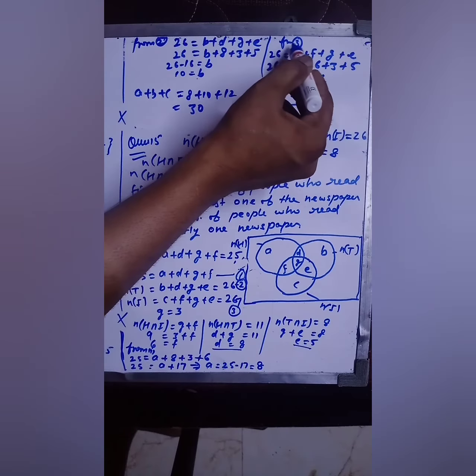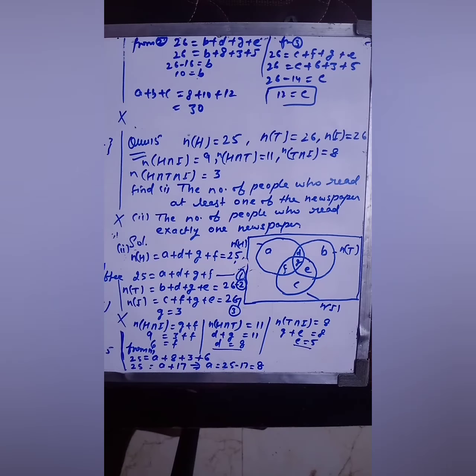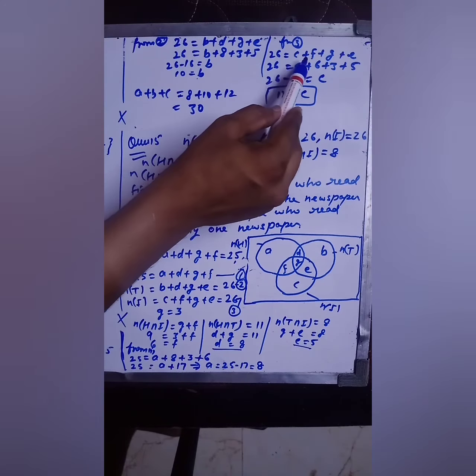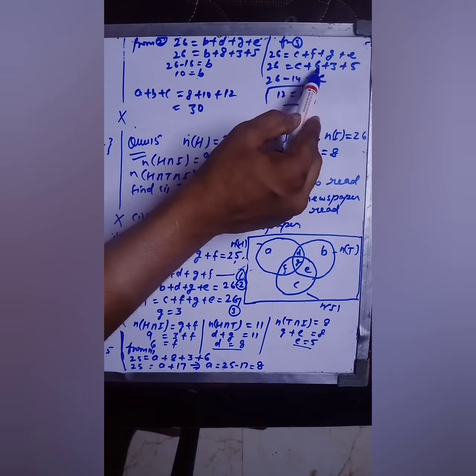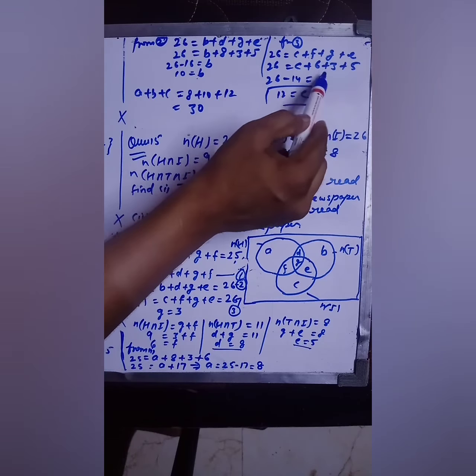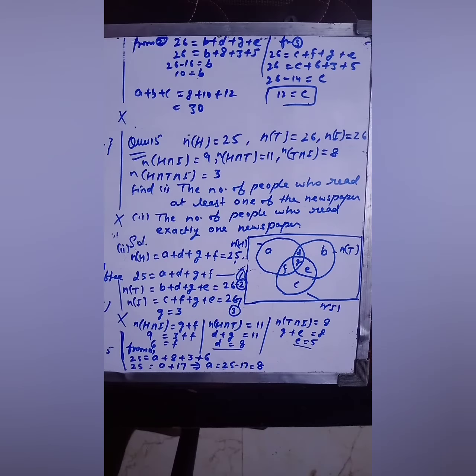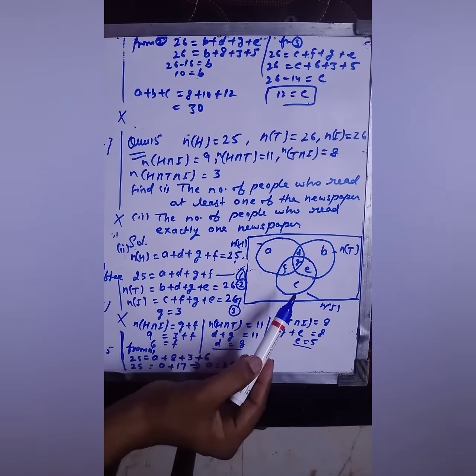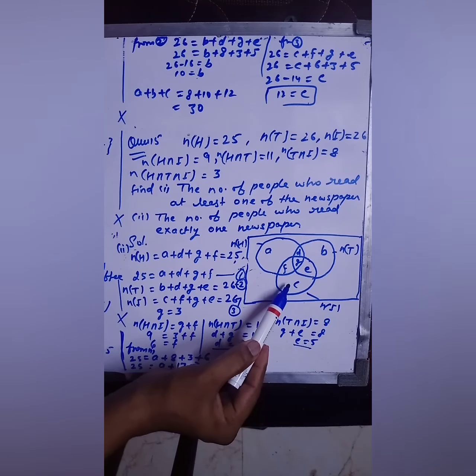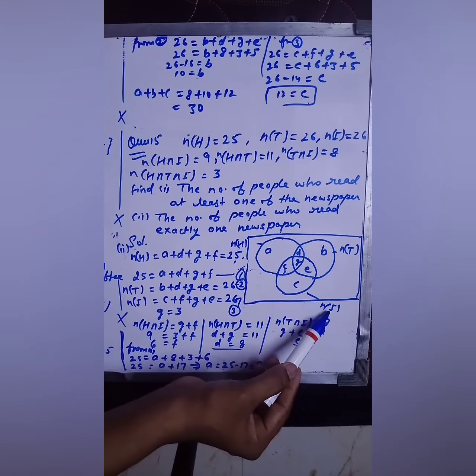And here I'm copying equation number 3. So here it is. Okay, so here I'm putting the value of F, G and E. So these values are given to us, that's why I'm putting. So you will get the value of C. So value of C is coming out to be 12. Got it? Now C is the people who read exactly newspaper I.